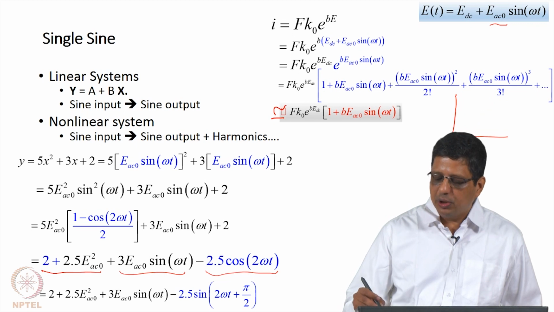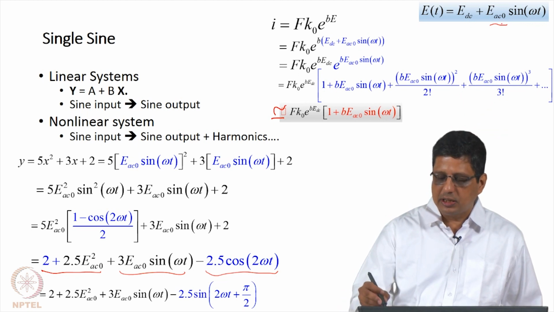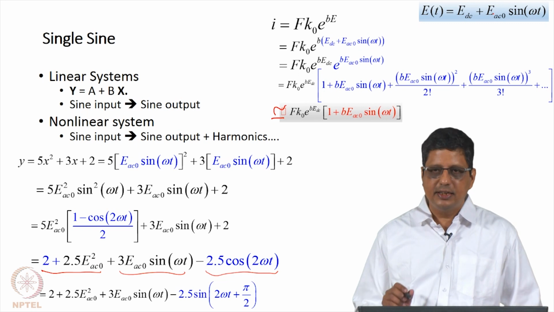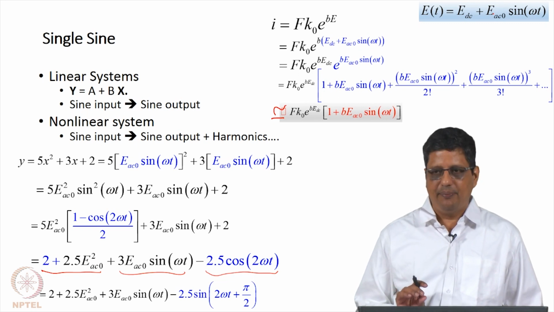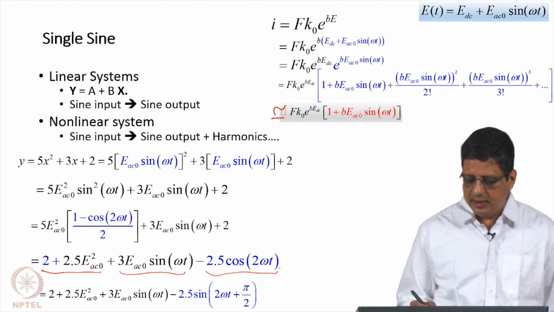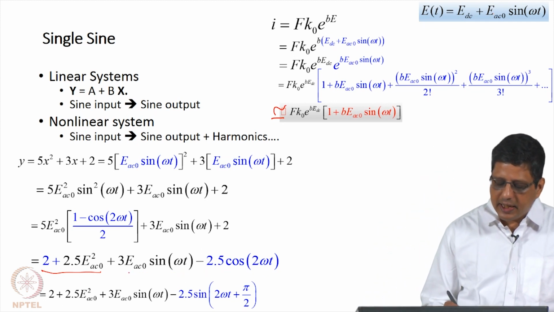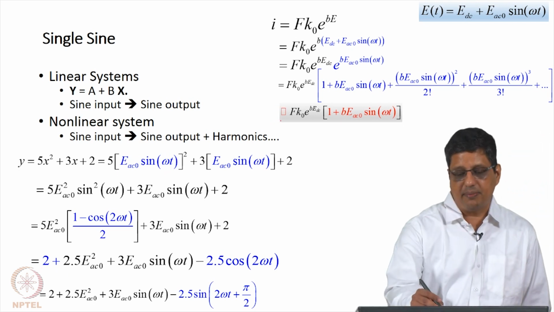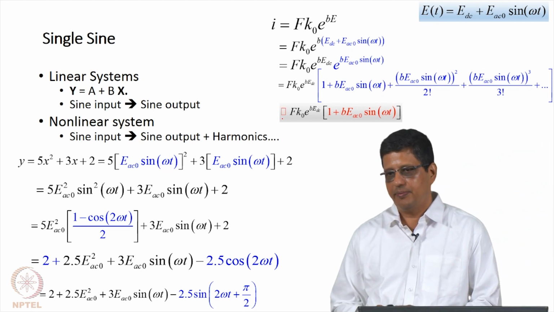So, the DC potential is not important for this approximation, the AC perturbation E AC 0 amplitude has to be small. When that is small, we say yes, this can be linearized. When it is linearized, the analysis becomes a lot simpler. That is the purpose of doing this.